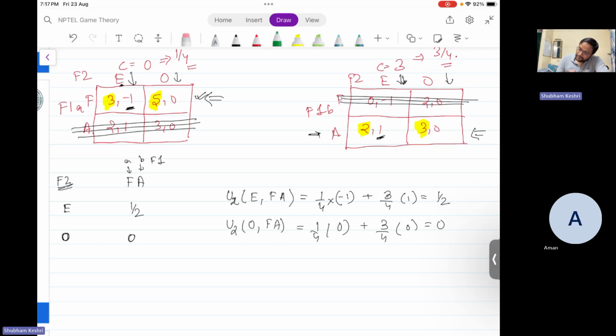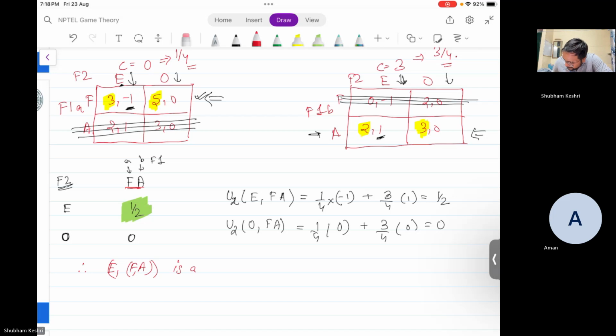Now we can find out the best response of firm 2. You see, when he plays E, he's getting a utility of half. When he's playing O, he's getting a utility of 0. Therefore, he will play E. And we have already found out that FA is the best response of player 1A and player 1B. Therefore, E, FA